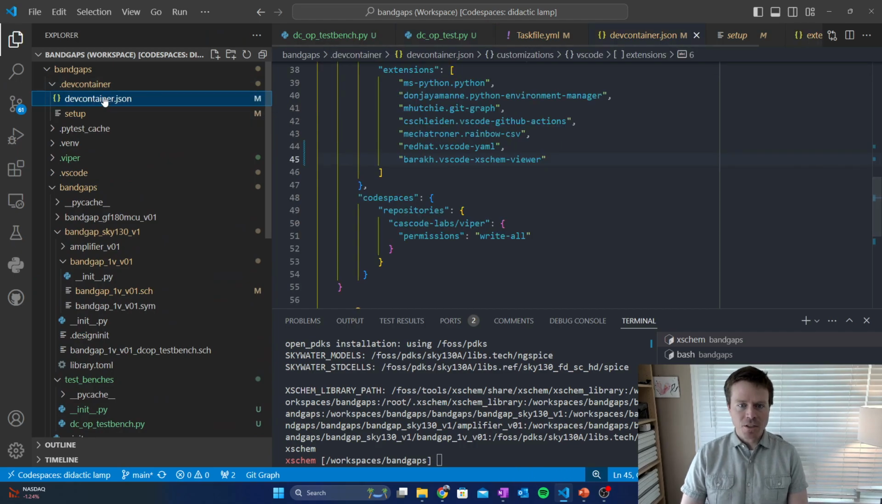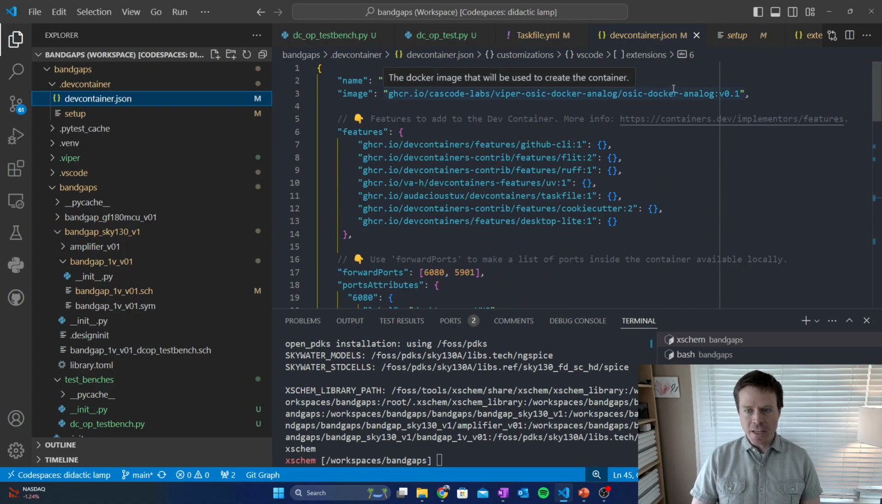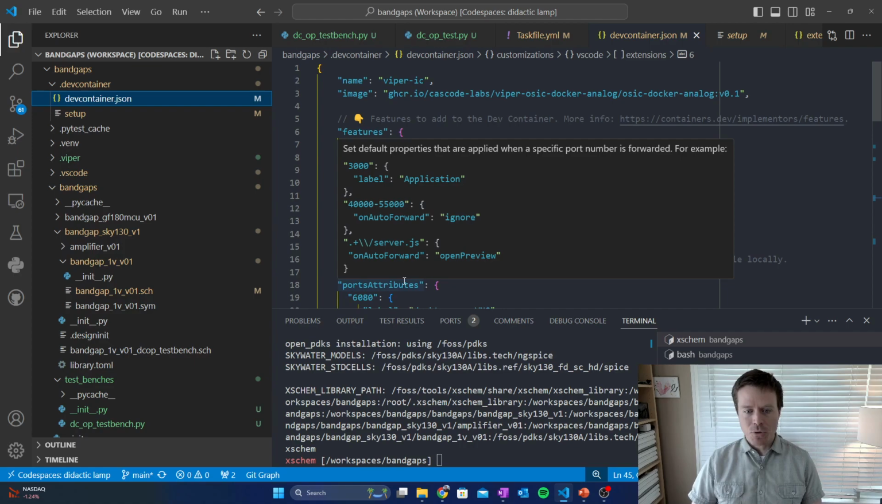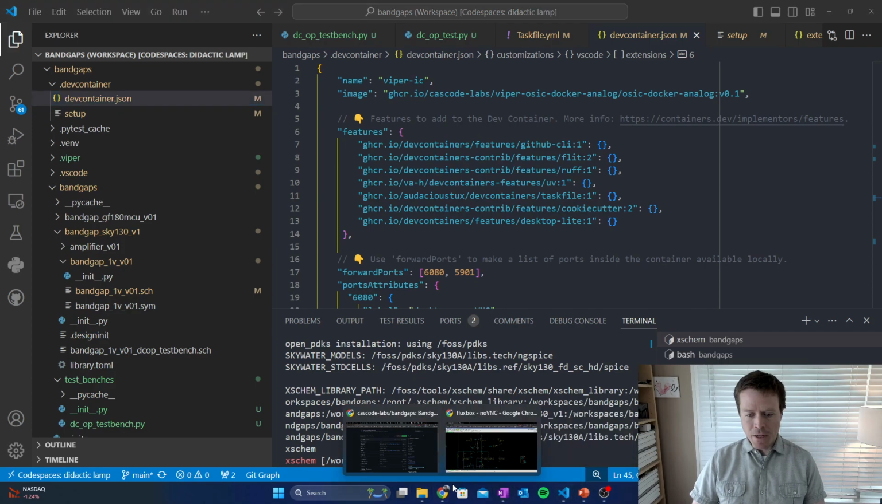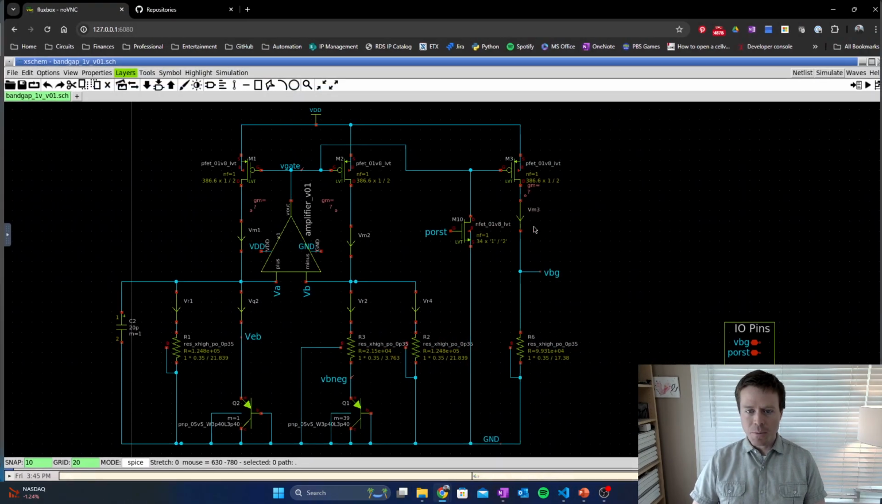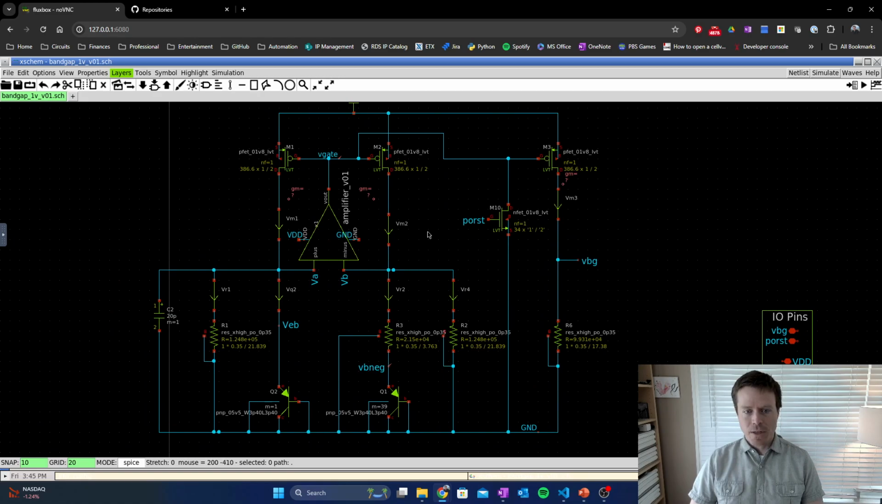So there's a dev-container.json that defines or points to a Docker container that has all the tools pre-installed. It also allows you to install additional tools and allows you to use the desktop-lite feature to open desktop tools or graphical applications in a browser. So for example, if I bring this up, I can show you. Here's an Xschem schematic that you can edit in a browser,